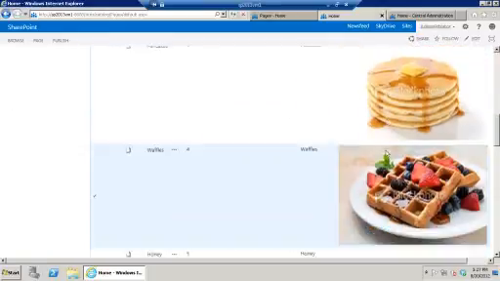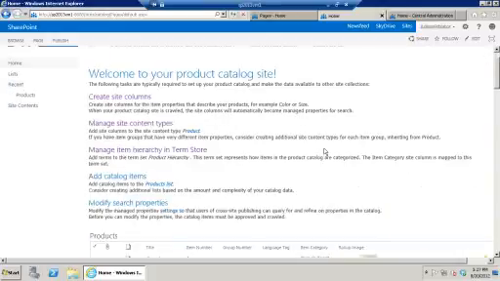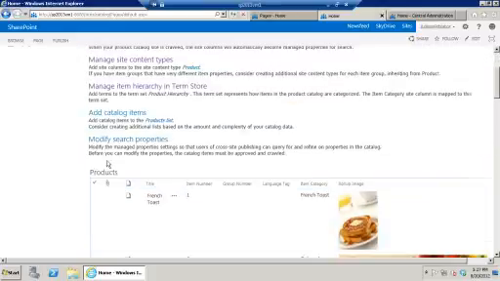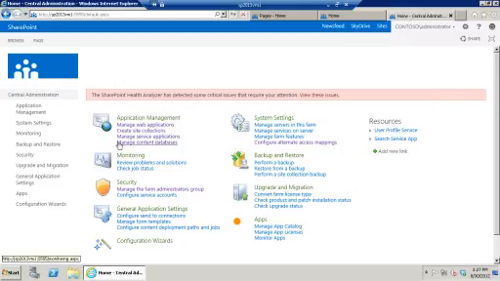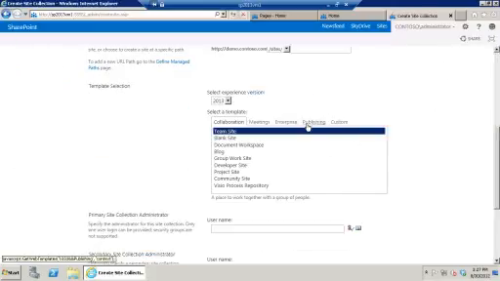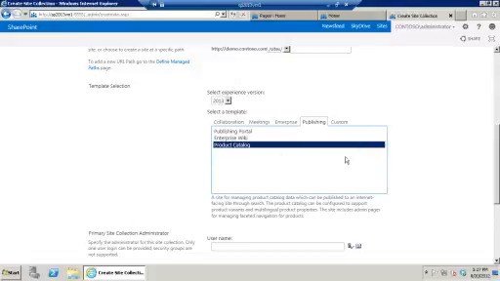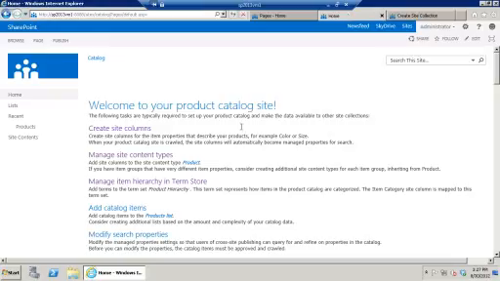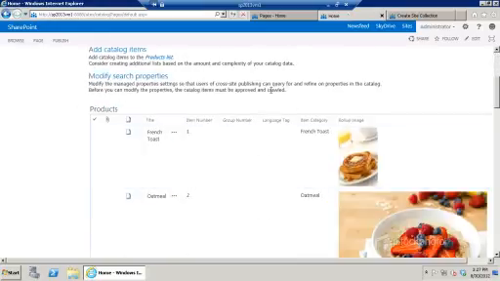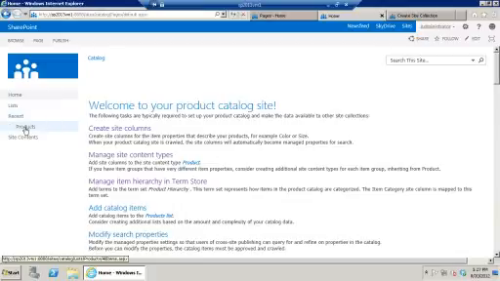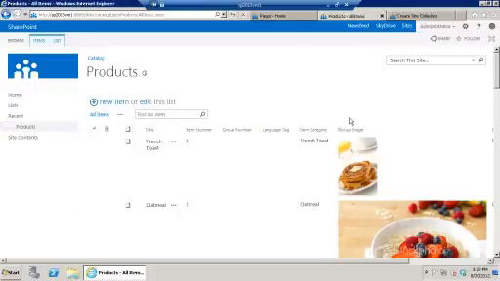There's definitely bacon here. So anyway, all we've done here is we've gone into Central Admin. We go to create a site collection, and then we go down here under publishing, and I've created a product catalog. I let it spin, do all its fun things. It makes this site, and from there, by default, it has a products list already. So I'm going to go into the products list, and to answer the previous question about some of this stuff,